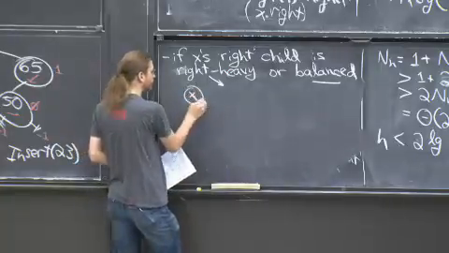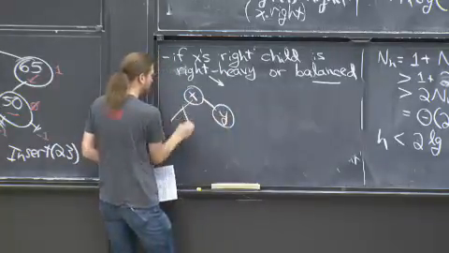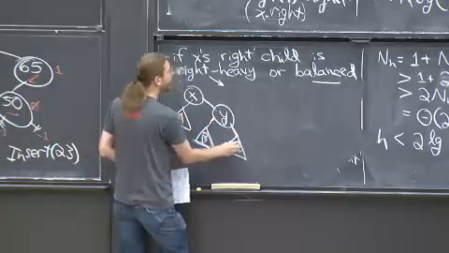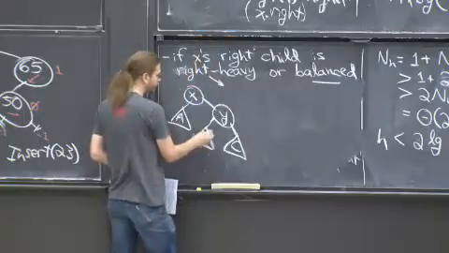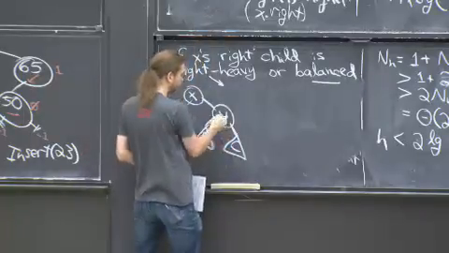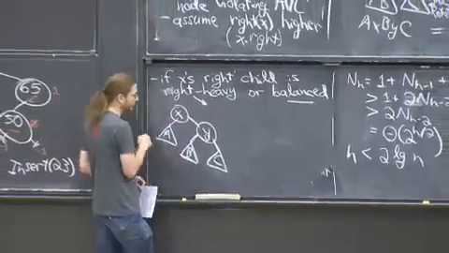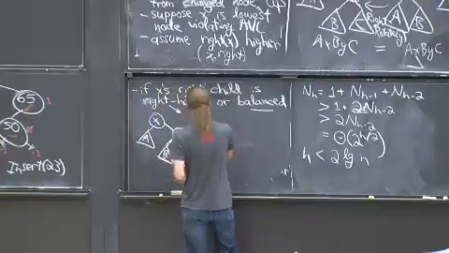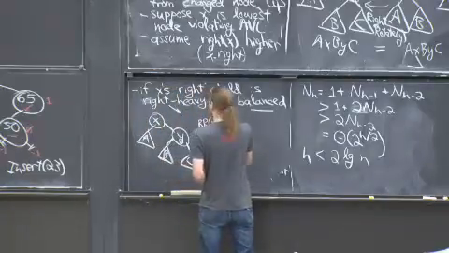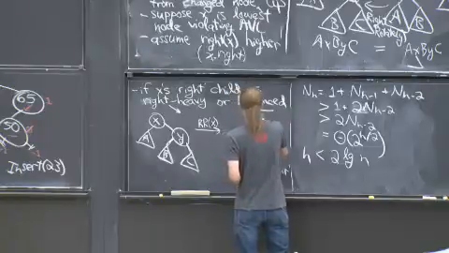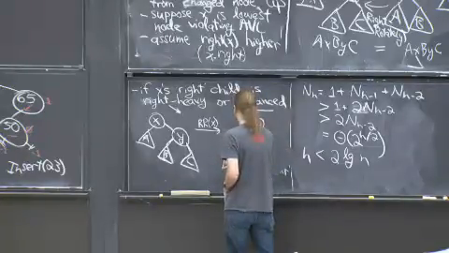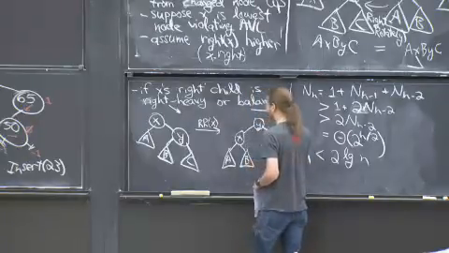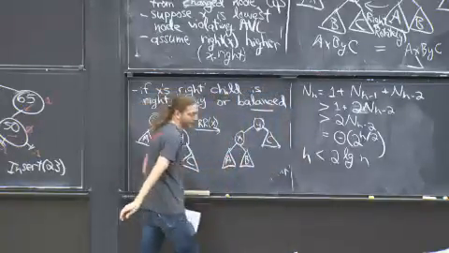So we have x, y, a, b, c. Why are we looking at the right child? Because we assume that the right one is higher, so that x was right heavy. So this subtree, as I've drawn it, is higher than the left one by 2, in fact. And what we do in this case is right rotate of x. And so we get x, y, a, b. I could have drawn this no matter what case we're in, so we need to check this actually works. That's the interesting part.